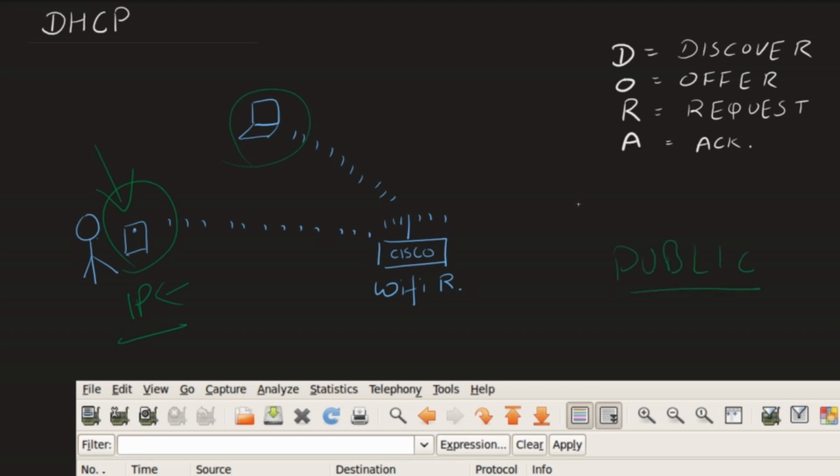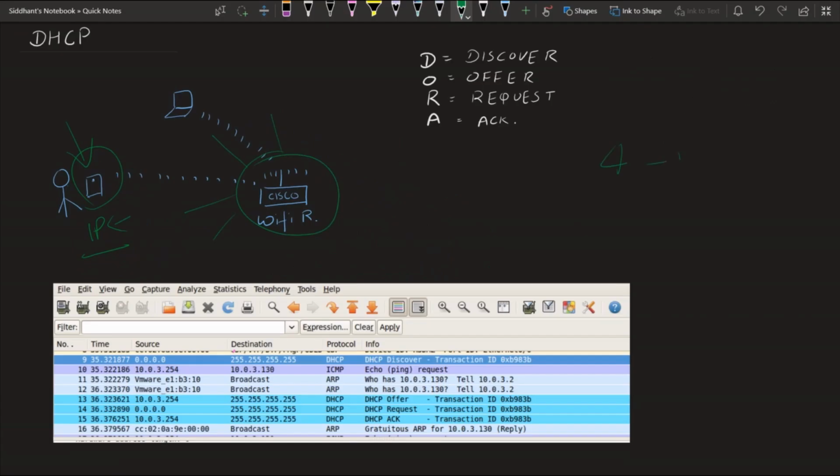Sometimes in our home, devices or home routers like this Cisco Wi-Fi router will assign private IP addresses to all the devices. So suppose we have 4 to 10 devices in an enterprise and we want to assign them IP addresses.